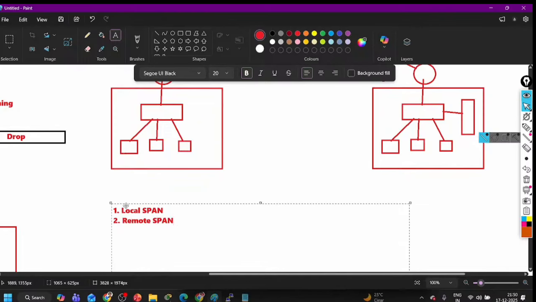This is going to be very interesting, right? And there is a concept as well, a very interesting concept. And one more type of SPAN is there that is not in our syllabus. Okay, so we will discuss these 2 types of SPAN in the next class with practical. After that I will move to